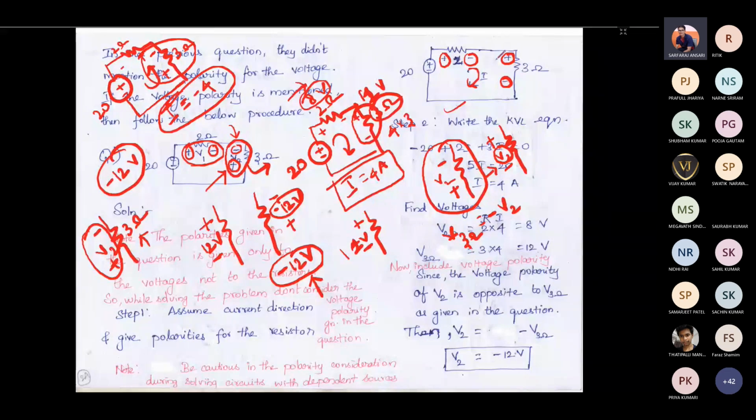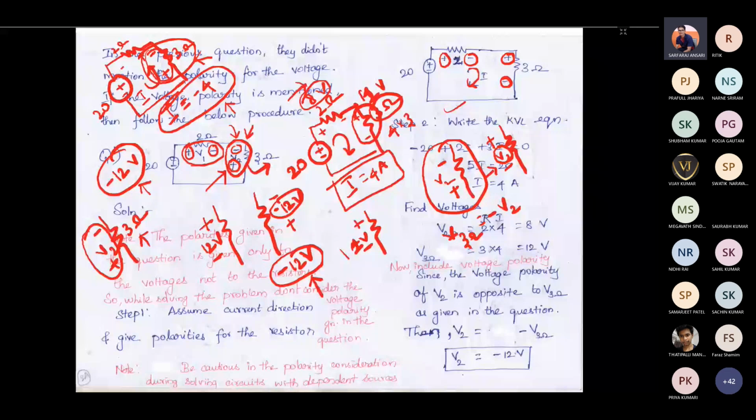Okay, in case for this circuit here, we have assumed the current direction in the actual polarity which is given in the question. Actually here, whatever the voltage we are finding across the 3 ohm resistor, the same polarity we have got when we assumed the current direction. So once you find the current, that I is coming as minus 4 ampere, and from that you can find the voltage. That voltage is coming as minus 12 volt. Okay, so to summarize what I'm saying is,